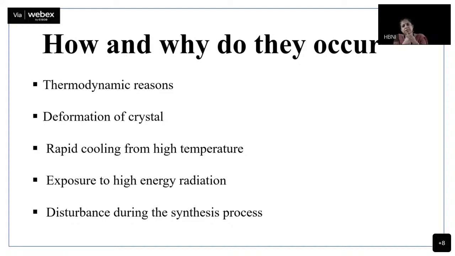What does energy do? It will be utilized in some way, knocking off the atom, making some bond, breaking some bond. That creates defect. Any disturbance during the synthesis process creates defect. But most important, all these defects, whatever I just talked about, you can kind of control them. But there are certain defects which arise due to thermodynamic reasons, and you go to the best lab in the world, you adopt the best synthesis strategies, the defects due to thermodynamics cannot be controlled.